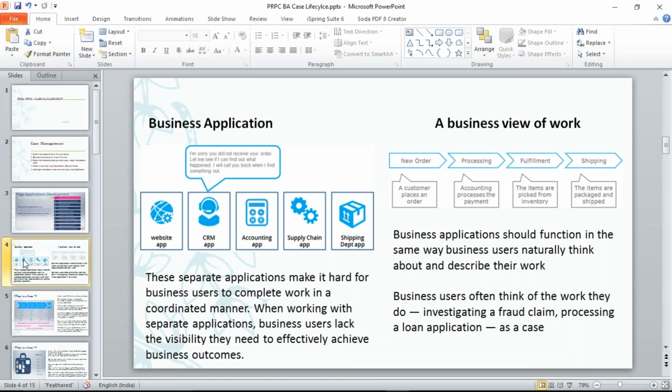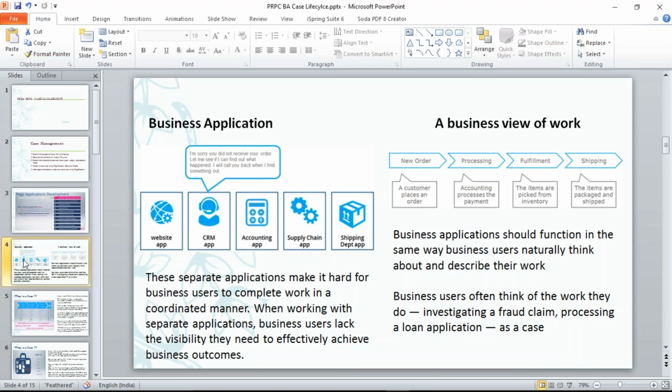Right. If business people are asked to process a claim, they will think about how they will process the claim. And if you're going for a purchase request, they will think in these steps. The customer will request the order, then the payments department processes the payment, then it will check the inventory to see if the item is there or not. If it is not there, it will be requested from the vendor. Once the item has arrived, it will be sent to the customer. So they think about how the process should work.